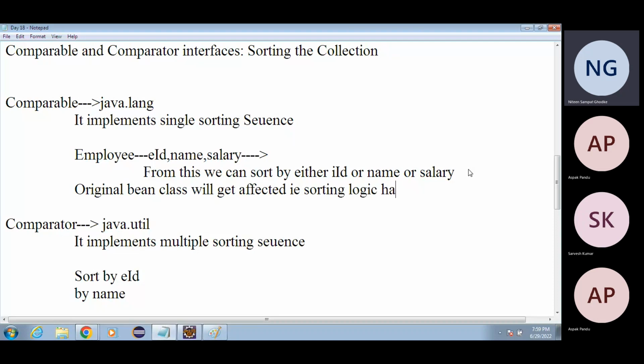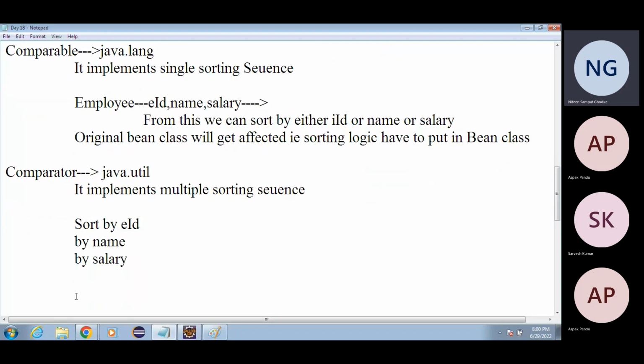How to put the sorting logic in the Pojo class or Bean class? Assume we have an employee. So in an employee class, we have to put the sorting logic. Either we are sorting by employee ID, or by the name, or by the salary. But if you go to the comparator,